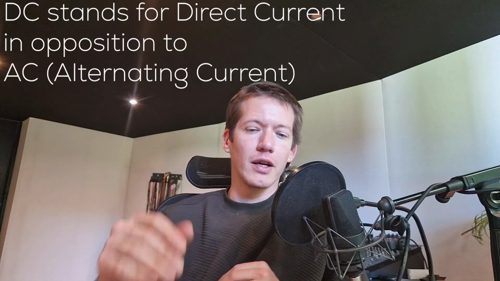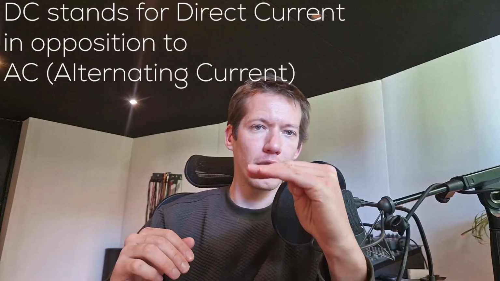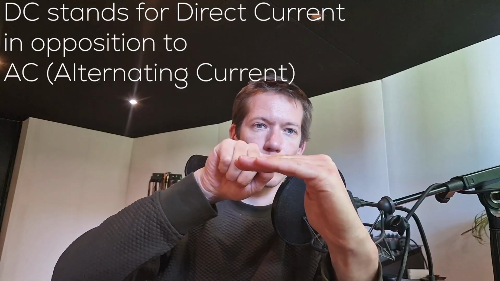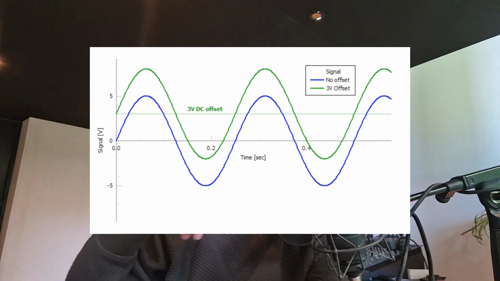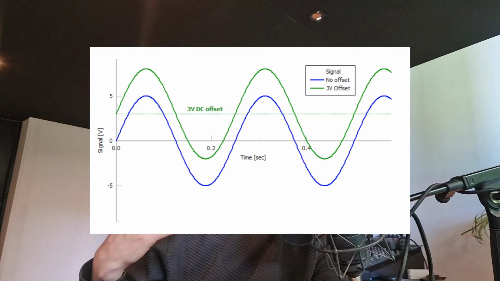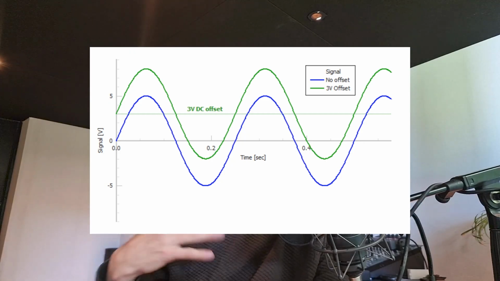Phase is not the same as DC offset. DC offset is if you have the neutral position and your waveform is moving above and below, and instead of being symmetrical, it's more above and just a little below. This is DC offset. This means that there is a continuous tension, a continuous current that is making the waveform